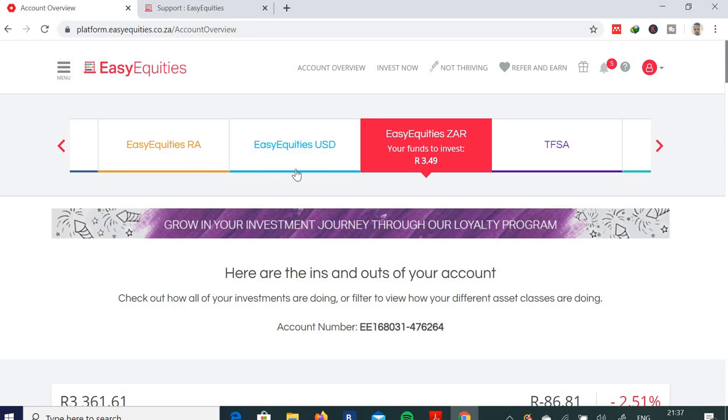So as I've already mentioned, there are different types of accounts. So we have the Easy Equity RA, which is a retirement annuity account, Easy Equity USD, which is where you can buy stocks from American stocks and American ETFs, and you have Easy Equities, which is all your ETFs that are listed. Actually, all the JSE listed products or investment types, assets, securities, whatever financial term you want to use, right? They are listed under the Easy Equities. So for the TFSA, they only allow